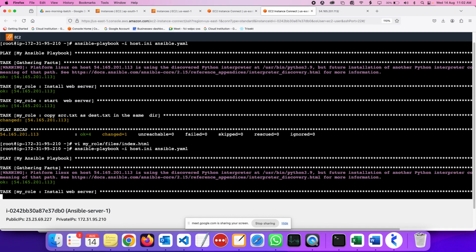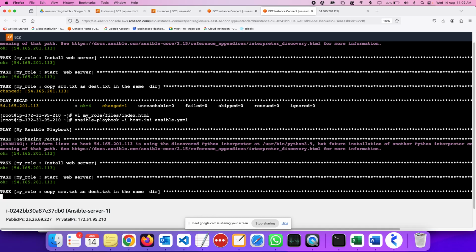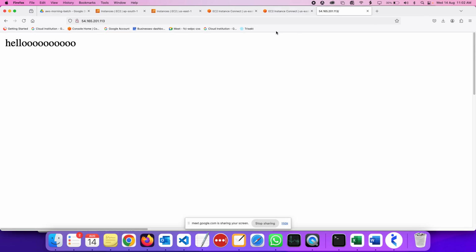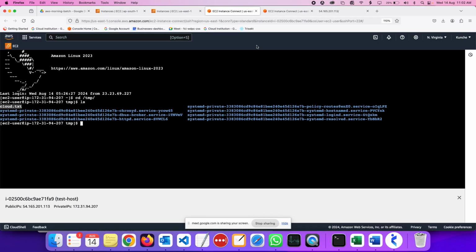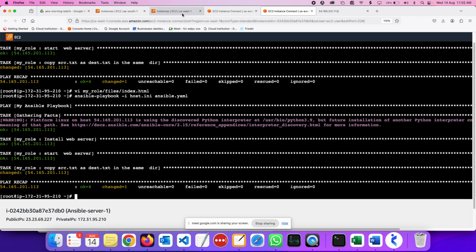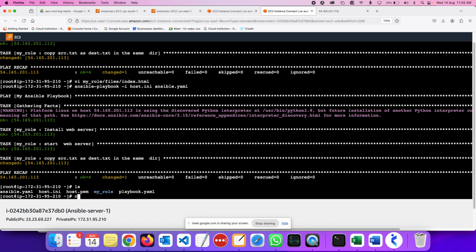As soon as I changed here, when I just do refresh here, it will be updated with the test, whatever we have mentioned. So this is what is called, within a fraction of a second, all the machines, the entire machines, will be updated. Okay, so that is why we call them Ansible roles. The reason why we're doing this is that instead of my roles,